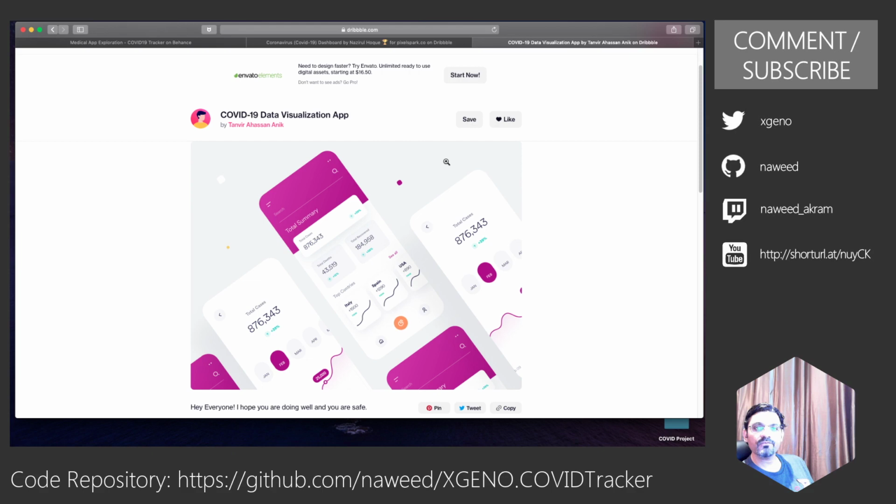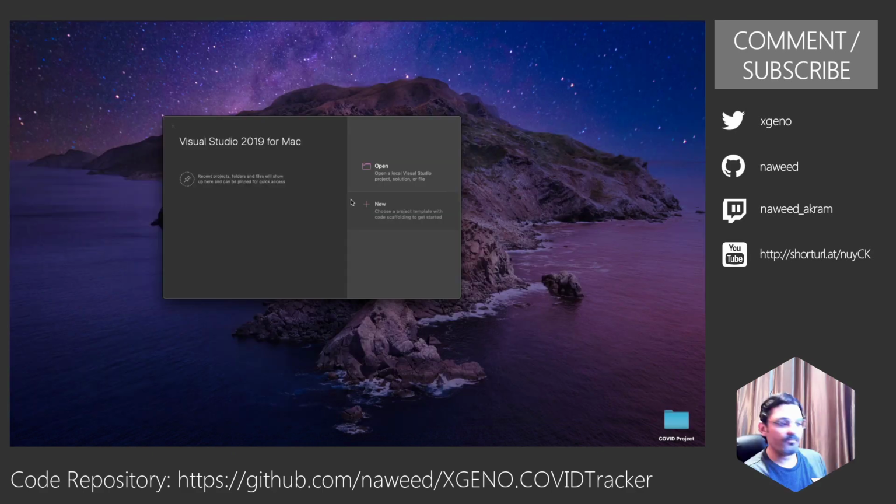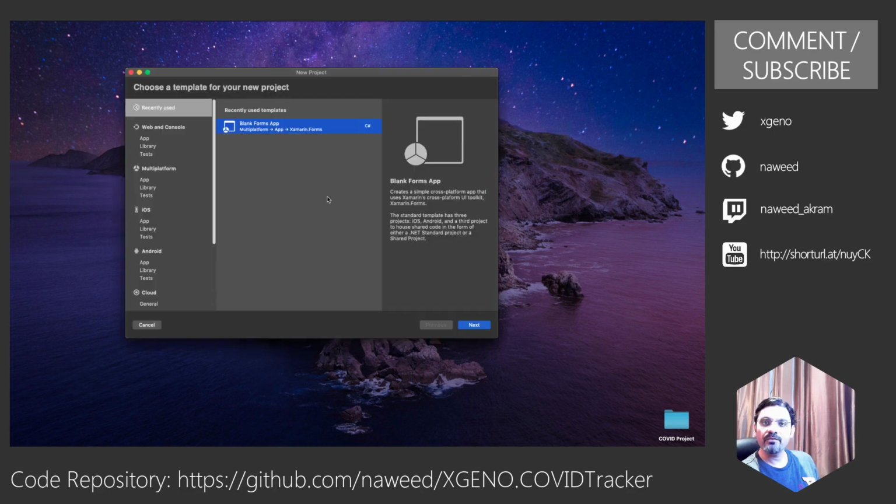So let us start with Visual Studio. I am going to create a new Visual Studio project. We will start with a blank forms application. By the way, in most of my cases, I go with a proper MVVM framework such as Prism or MVVM Cross. But for this particular purpose, we will create the out-of-the-box vanilla Xamarin Forms application, and we will try to build a poor man's MVVM version in this. In the further streams, I will convert this to a Prism MVVM application.